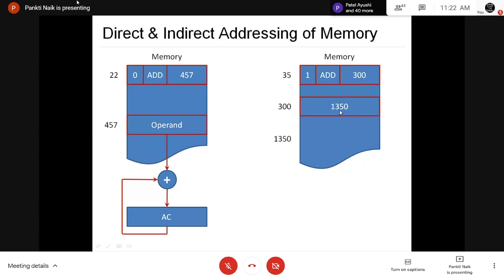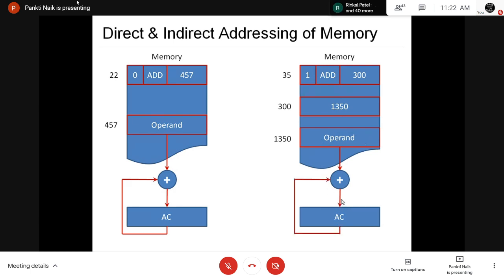And at the memory address 1350, we store the data or value of the operand. So we have to add this value with the accumulator. For indirect memory location, the instruction type bit is set to 1.